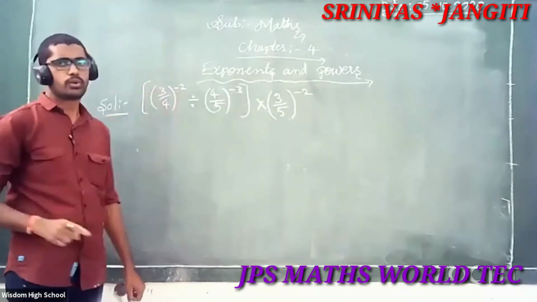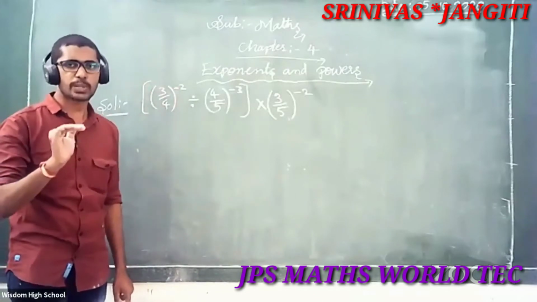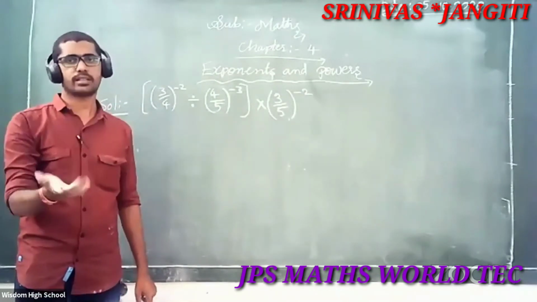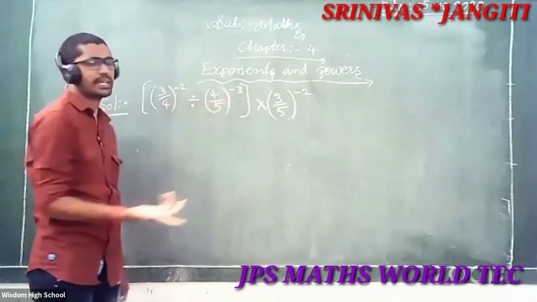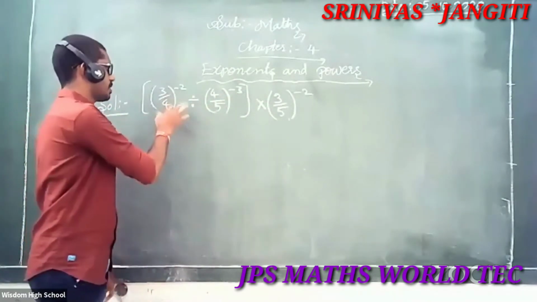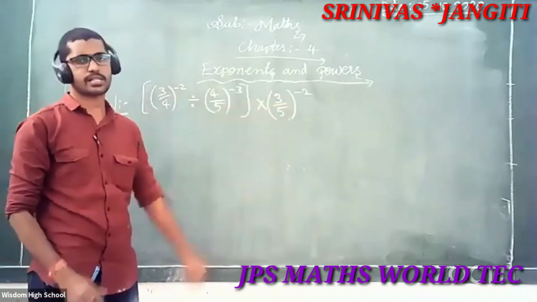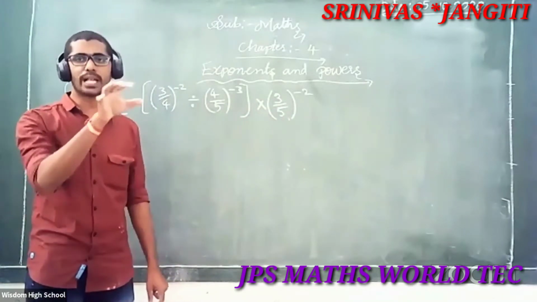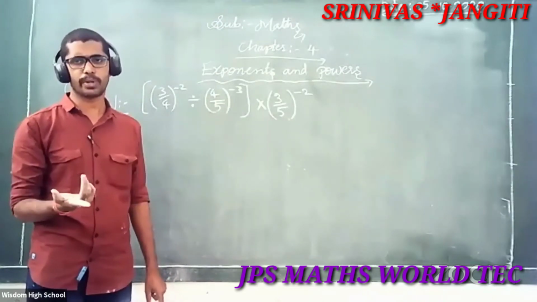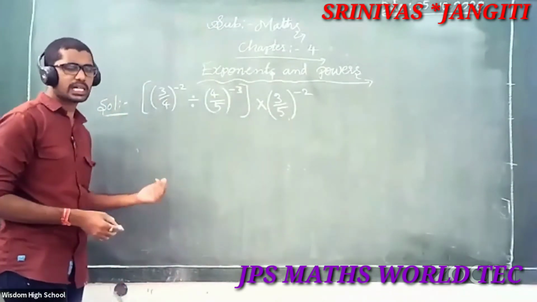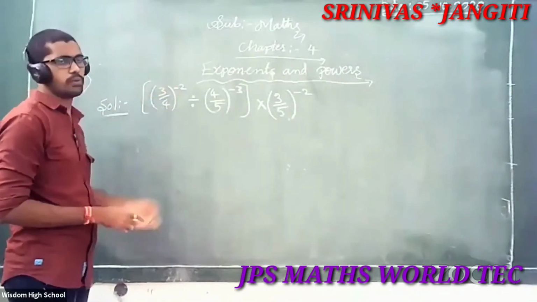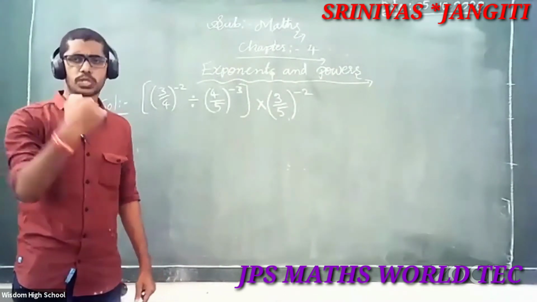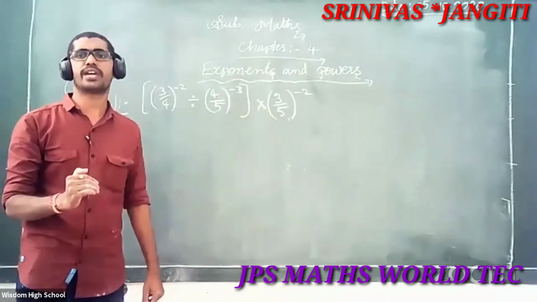Once you know the law, x to the power of minus n is equal to 1 by x to the power of n, you apply it here, here, and here. It is looking like x to the power of minus n each time. Then x to the power of minus n is equal to 1 by x to the power of n. That's so simple. Or you will know another one also: x by y all to the power of m is equal to x to the power of m by y to the power of m.